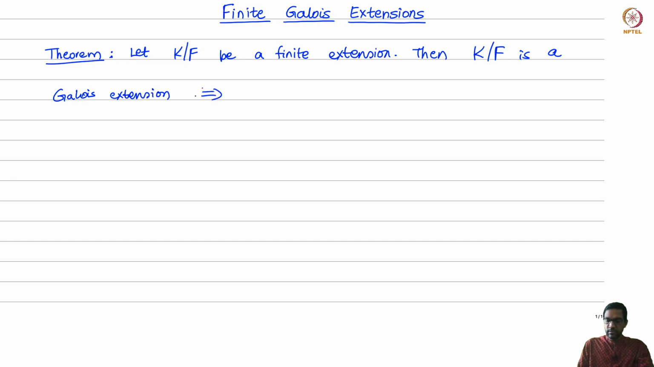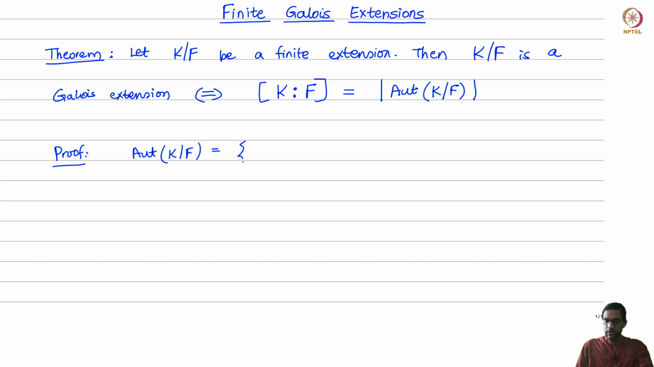Then K over F is a Galois extension if and only if the following degree criterion holds: the degree of the extension [K:F] is the same as the cardinality of the group of F-automorphisms of K. Okay, so let's prove this. So recall what the group of F-automorphisms was. Aut(K/F) just meant take all automorphisms of K which are identity on F,